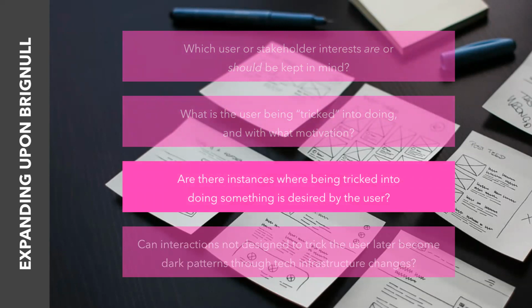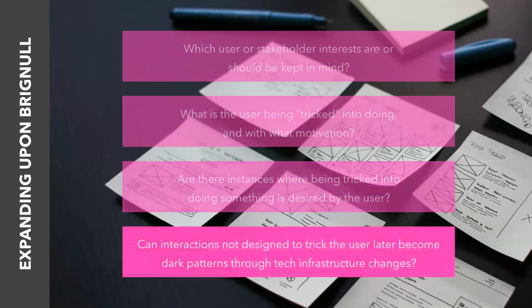Really classic persuasive design stuff, like how do you lose weight or get more active or eat better? Those are places where you almost want to be tricked into doing the right thing, even if you feel a little bit out of control of the situation. And this is the big one for us: are there patterns that are actually just fine right now, but with the change in tech infrastructure, the availability of data, the contexts of use, could actually become really dark and really concerning later on? And we're probably seeing a lot of those examples in our everyday lives.